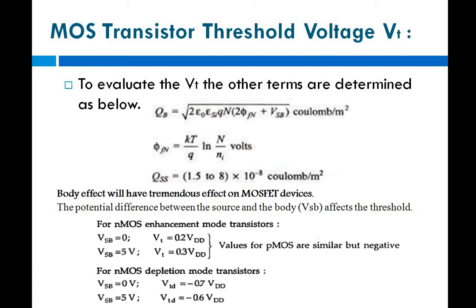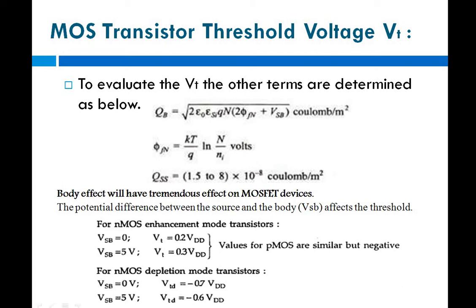So what is Vt? Usually this is not that important, the examiner won't ask any questions on threshold voltage, but since it is in the syllabus, we have to cover this one. So your Vt equals φms minus Qb minus Qss divided by C0 plus 2φfn. The variations I have given each and everything, you can see that.